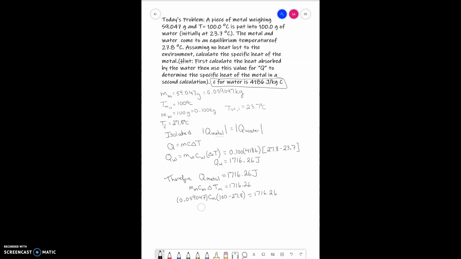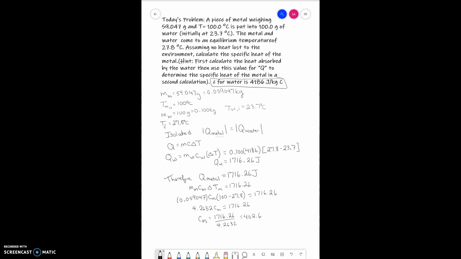Sorry, going a bit ahead of myself. I get 4.2632 times Cm, which is what I'm trying to find. The specific heat of the metal is equal to 1716.26. Therefore, the specific heat of the metal, just divide out the 4.2632, and I get